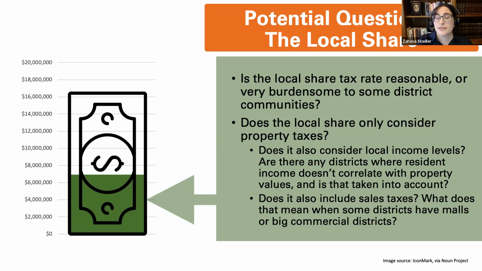Maybe you have a town that's a vacation destination, and you have a lot of low income service workers in that town and a lot of very expensive homes. There might be a real divergence between what's happening between property taxpayers and income taxpayers. Is that taken into account? What's going on in the communities that are actually in your state? And does the local share really capture what they can really afford to contribute to schools?